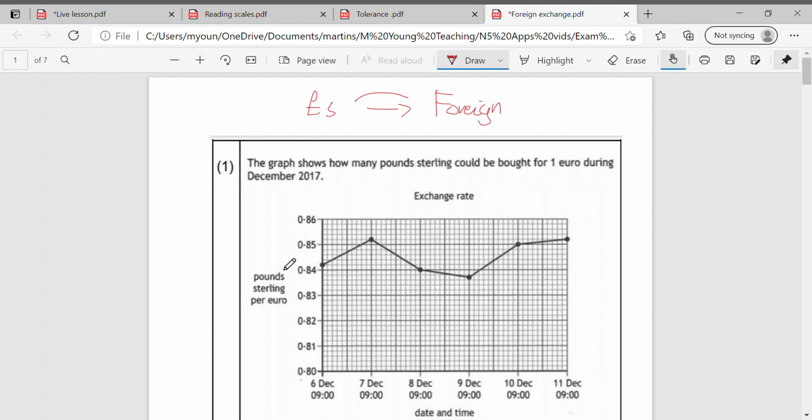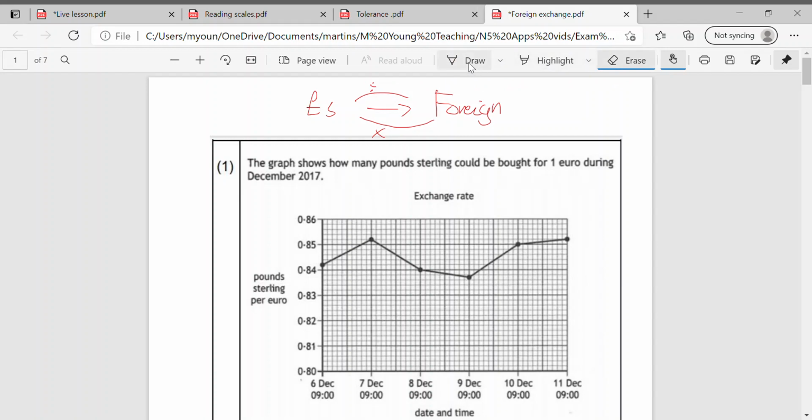Okay, but if I'm then told it the other way about, it would then switch this round. So if I was trying to go from euros into pounds, I would be timesing, for example. So this is one we've got to be very, very careful with. But if you think about it, per euro, you're getting a certain amount of pounds. So if you had €200, you would then times to find out how many pounds you would get. It does still make sense, but it does change the wee quick diagram that you can use,